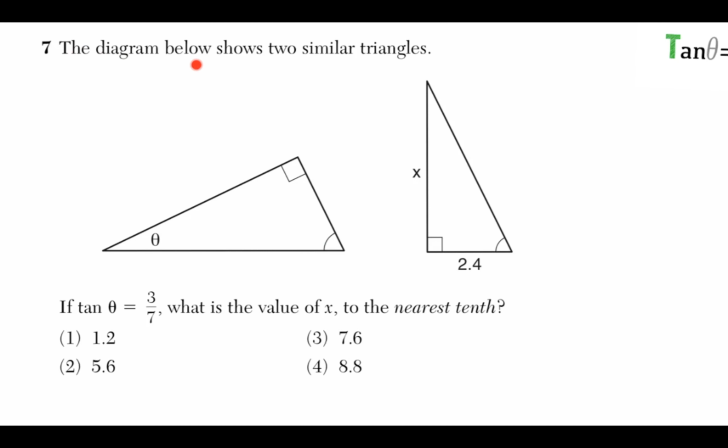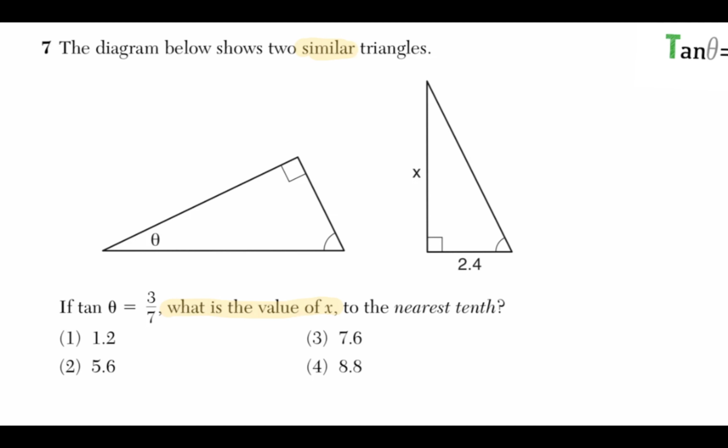Question number 7. The diagram below shows two similar triangles. If the tangent of theta is 3/7, what is the value of x to the nearest tenth? That, ladies and gentlemen, is the objective. And I see a moment ago it says that these triangles are similar, and the significance of that is that